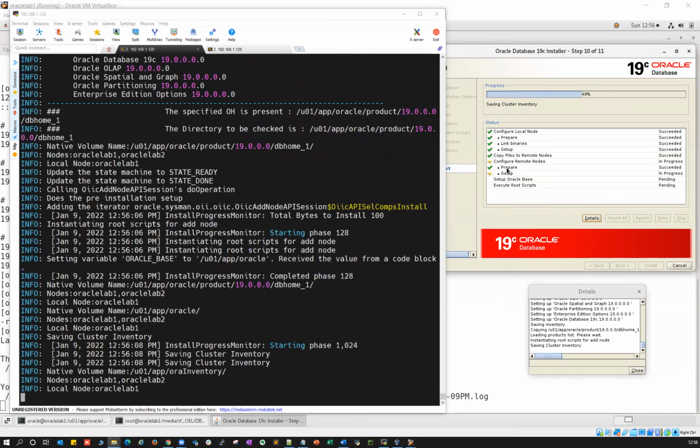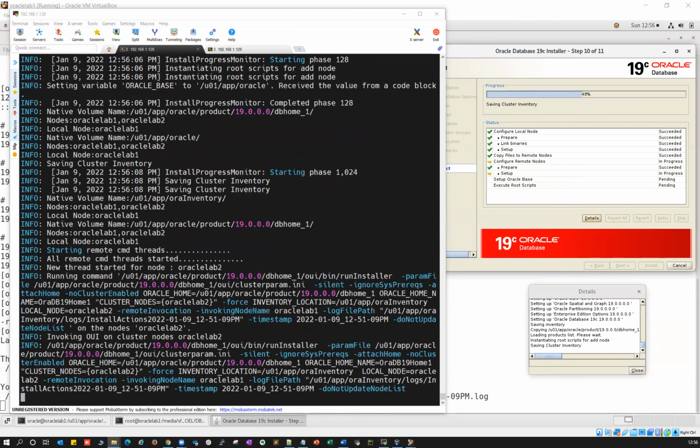Okay, done. So copying is done, preparing done, setup is being done on the remote nodes.